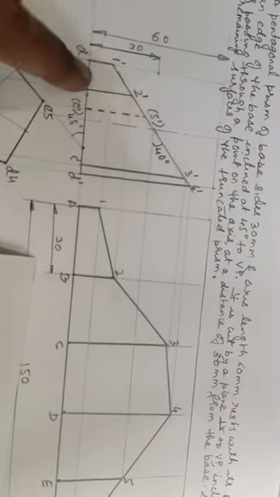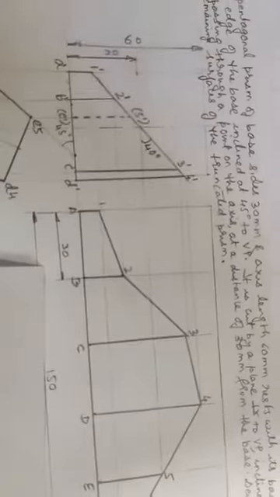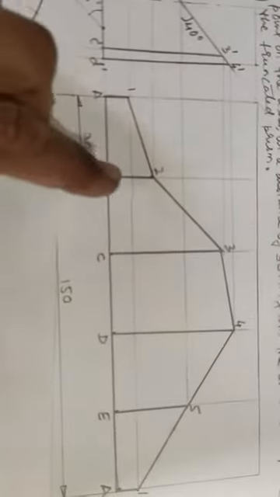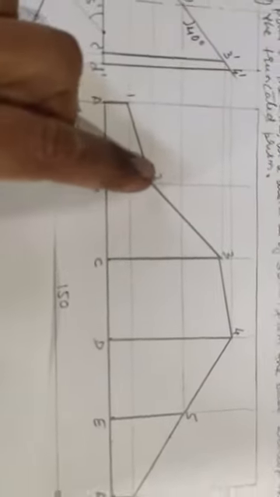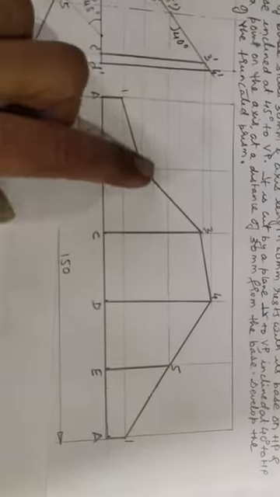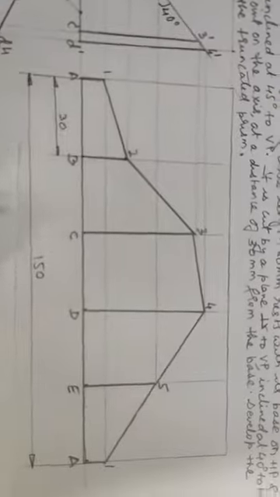On the respective edges you name the cuts. See, on A the cut is 1, on B the cut is 2, on C the cut is 3, on D the cut is 4, on E the cut is 5. So that you have to project on the corresponding edges. A1, B2, C3, D4, E5 and again 1. This one is the same as this one. So now this much part you have darkened. The in-between lines are where we are going to fold now to get the cut prism. That also you have to darken. All these dark lines are to be drawn with an HB pencil, or 0.4 mm thickness using the software.